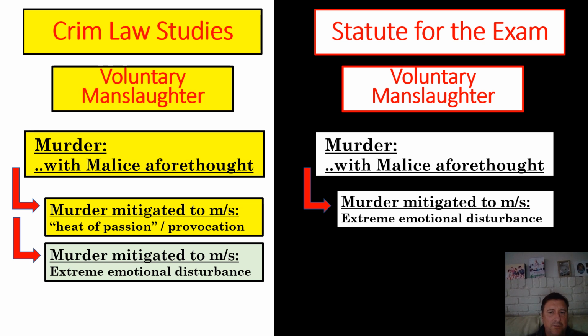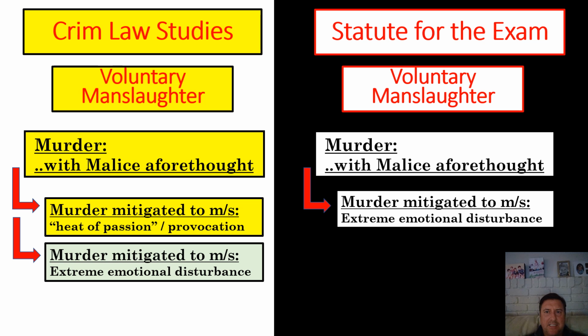You can imagine it being sort of a two-part question. How would this shake out? How would your arguments for the prosecution and defense come forward if you were arguing under my statute, under the MPC here that incorporates extreme emotional disturbance to mitigate a crime from murder down to manslaughter? But you could also have a follow-on question that says, okay, what if it were common law? How would it be different? Because the heat of passion is different in requiring adequate provocation, requiring heat of passion, as opposed to just looking at the defendant themselves and saying, were they acting at that time under extreme emotional disturbance?